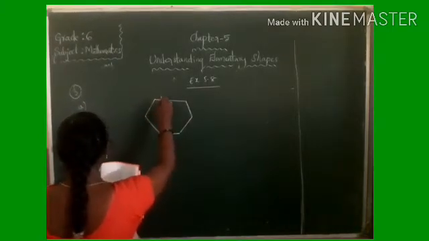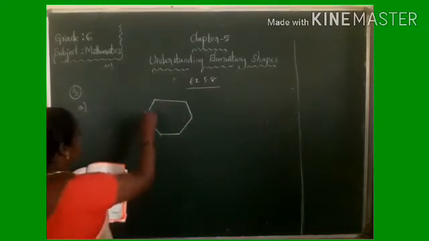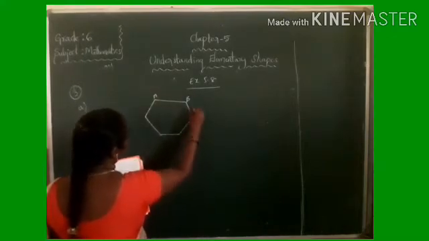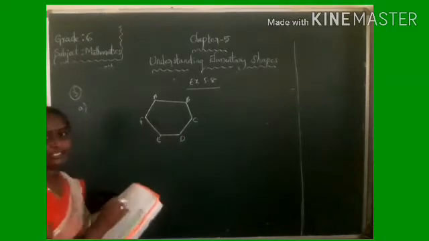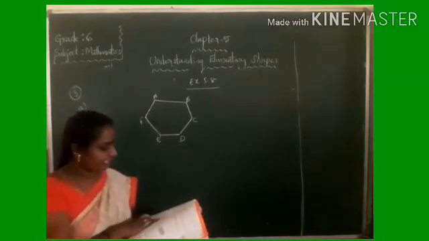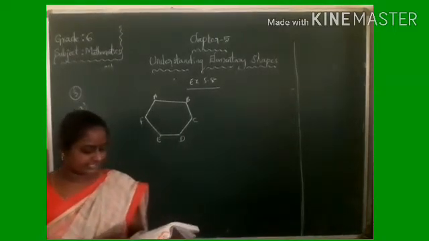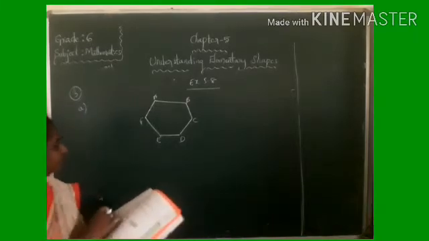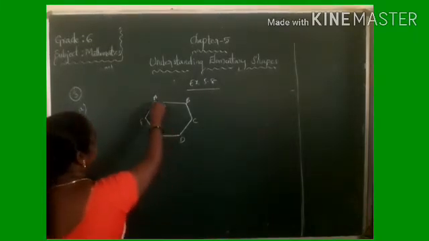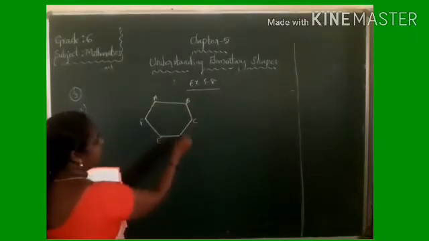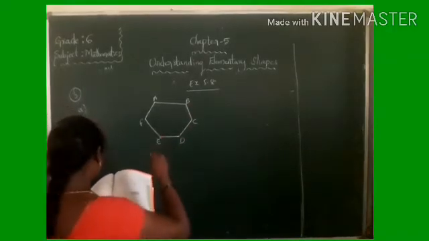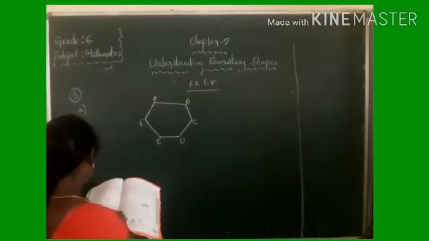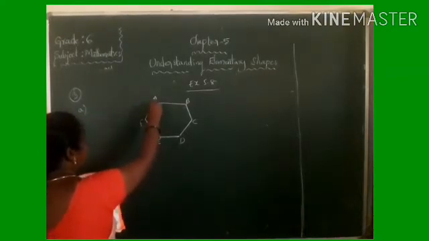Okay, so you name the hexagon A, B, C, D, E, F. It is a regular hexagon. Connecting any 3 of its vertices, so you have to connect any 3 of its vertices. Here you have 6 vertices. You have to take 3 vertices only, so that the vertices connect. You have to draw a triangle.